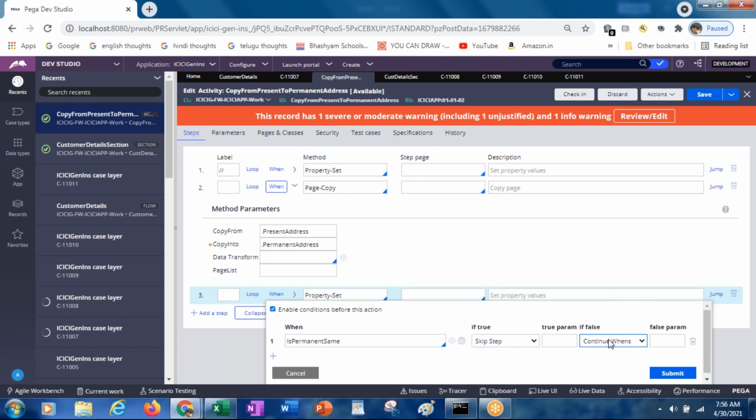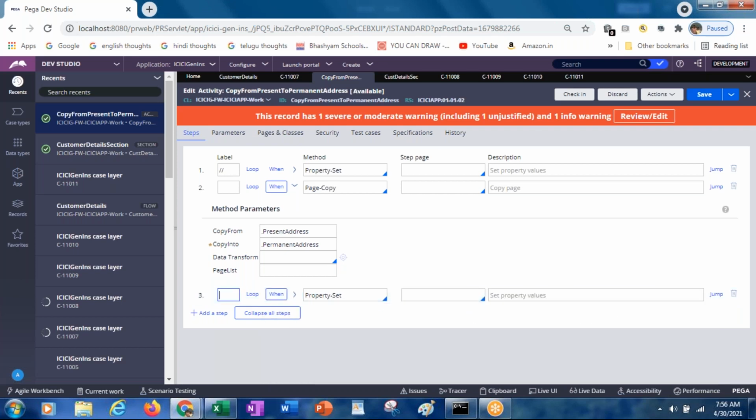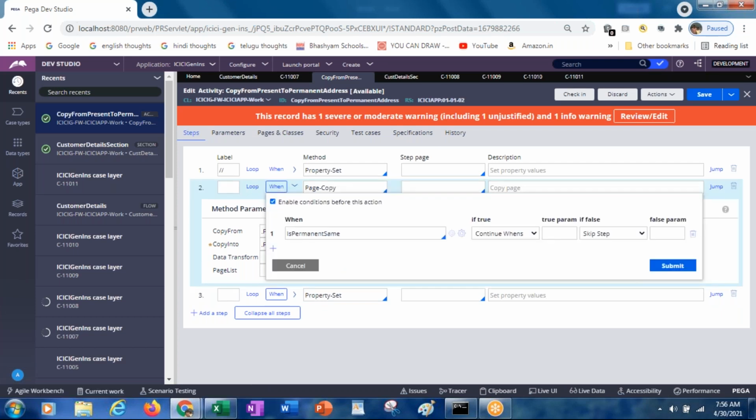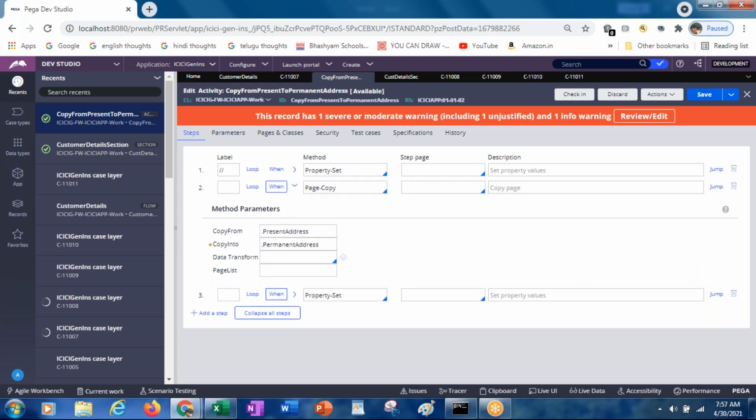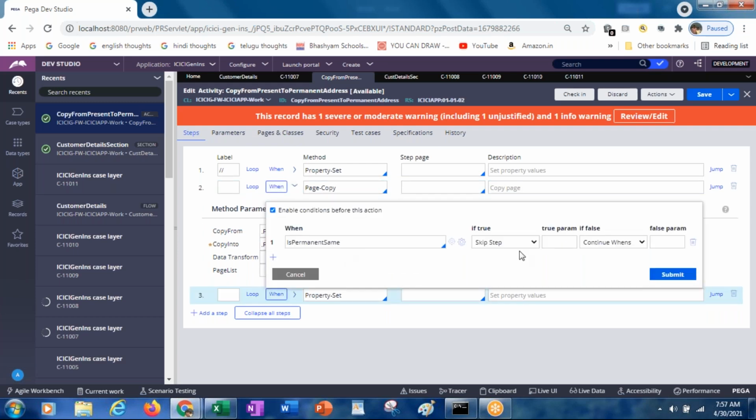If false, continuance. I hope you are understanding. In this step, if it is same, we enter into this step and perform this. But in this property set, if it is same, equal to true, then skip step, else continuance.